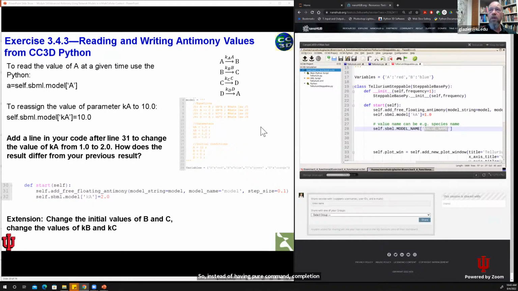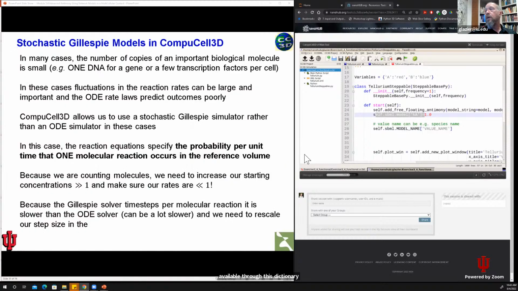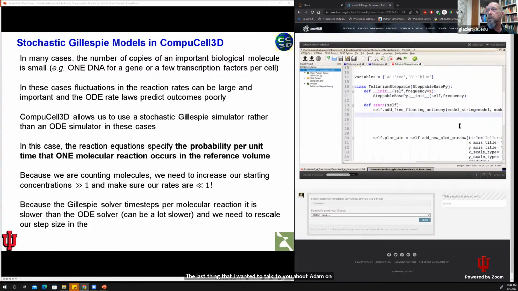Okay. I'm going to skip this exercise now, but you can do this together and play with changing initial values of A, B, and C, changing parameters. All be the same. Basically, everything that you have in the antimony is available through this dictionary just by using the key. The last thing that I wanted to talk to you about antimony with, I'm going to erase this now so that you have clean code, is that antimony can also solve ordinary